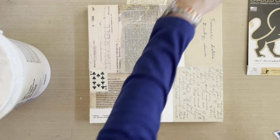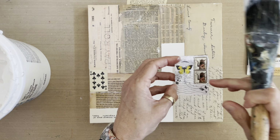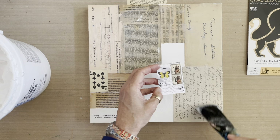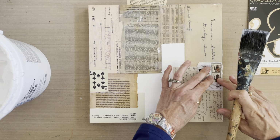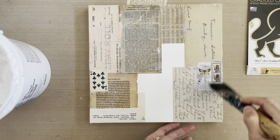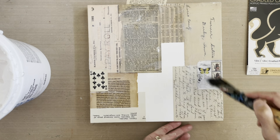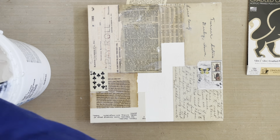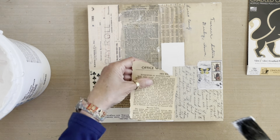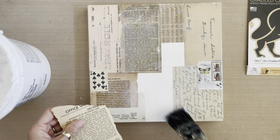Okay, so these stamps are another item. They are kind of white, but I'm going to use them anyway because I thought that these looked antiqued and I want those to show up, so I'm going to put those out on this edge. Okay, so next, down here,